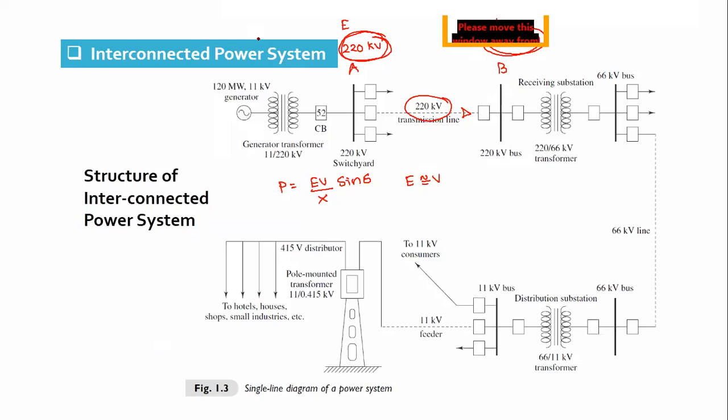The question is that when a transmission line is connected between two bus bars, let's say it is one substation at one end, after 100 kilometers there is another substation, and we have a 100 kilometer 220 kV line. Although the sending and receiving end voltages are nearly equal, why does the power flow over the line? Because there is no significant potential difference. Any reason?